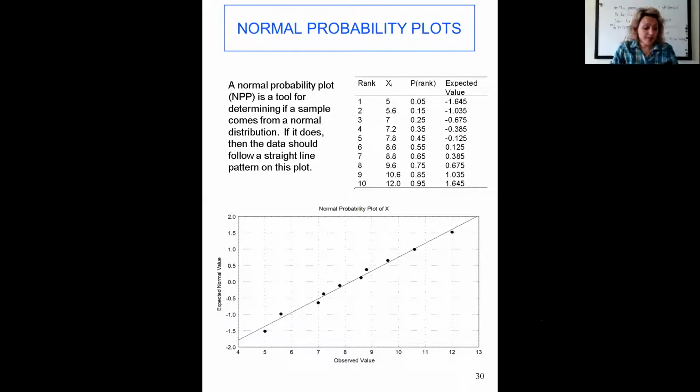first. So with the NPP, the good thing is that we have our rank, like for example, we have 10 data points, and then we find out the xi for all of these ranks, and then the probability of the rank, like from the Z table, and then we try to draw those ones, based on the expected normal value and the observed value. We can draw this NPP on Excel as well, but I want you to know how to do that, because if you don't know how to do that, make sure that you look at it in your